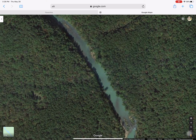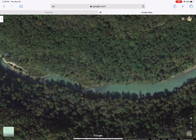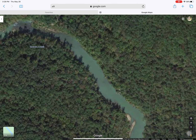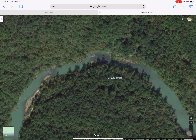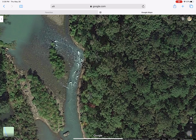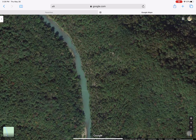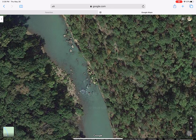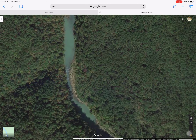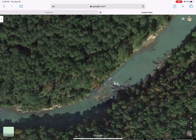You work on down, and there's several other good rapids through here in various places. They're a lot of fun. They're just big waves on a lot of them. Nothing real extreme or dangerous. There's some really pretty areas through there. And I'll see if I can find where the next spot is. It's just more rapids. Let's see here. I'll find the next. There's lots of good areas out in here. Eventually we'll get down to,